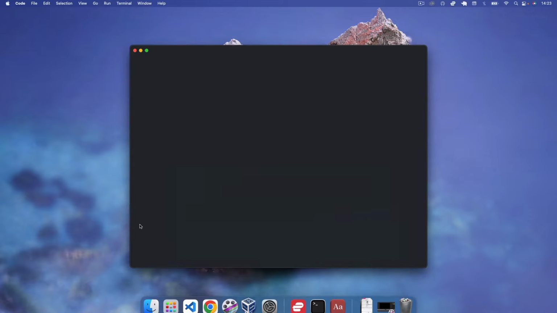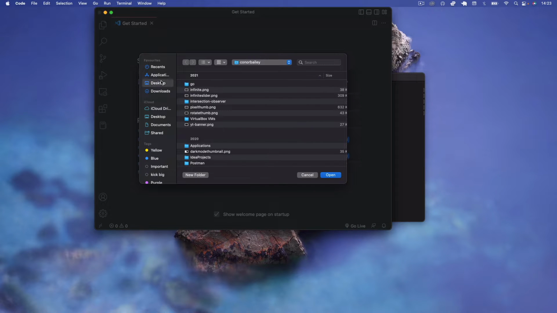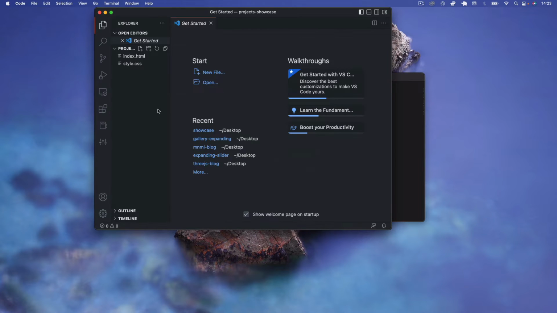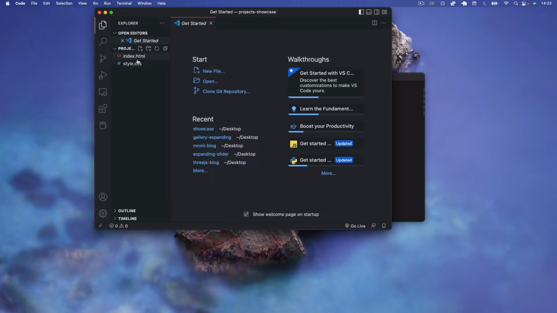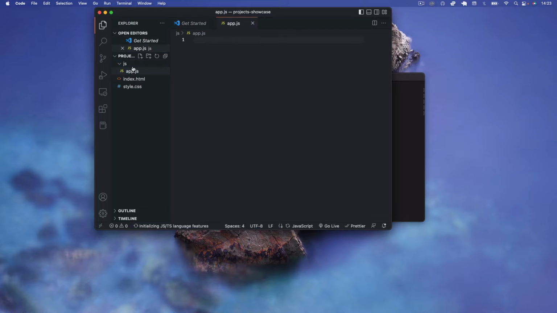Okay, and now if we open up VS Code, then I'm going to open this folder we've just created. So I'm going to go to my desktop, project showcase, open that up, and you can see there's our 2 files there as well. I'm also going to create a new directory in here for our JavaScript files, so we can say JS, and we're going to have a few files in here, but for now we'll just get going with an app.js file, like so,